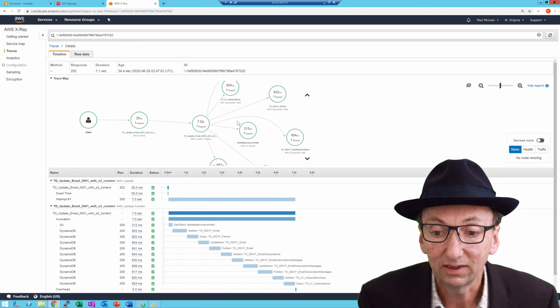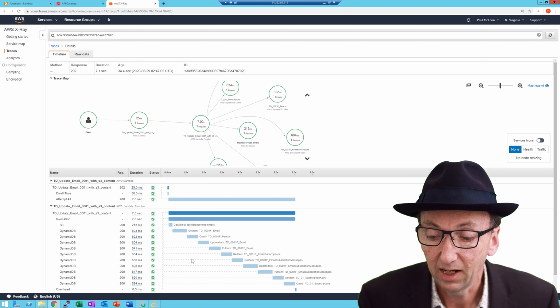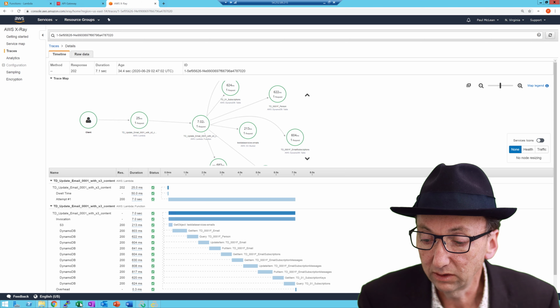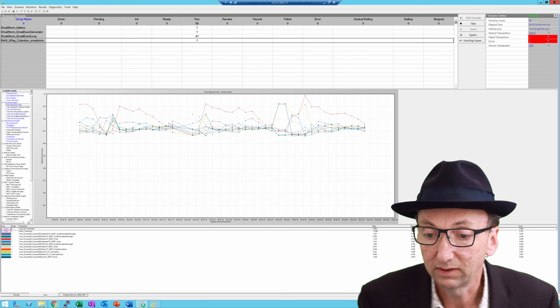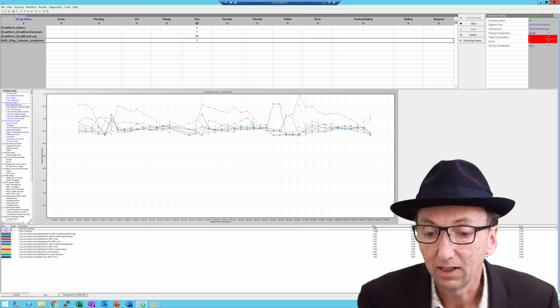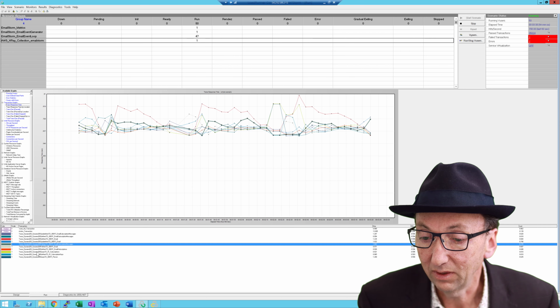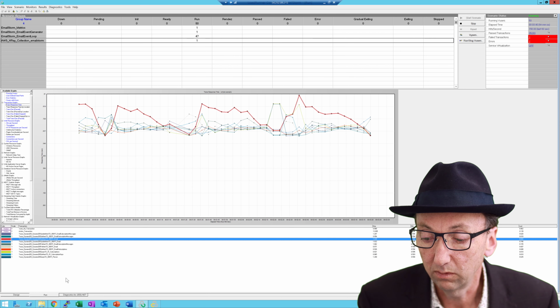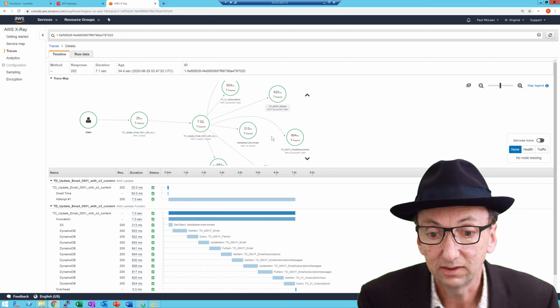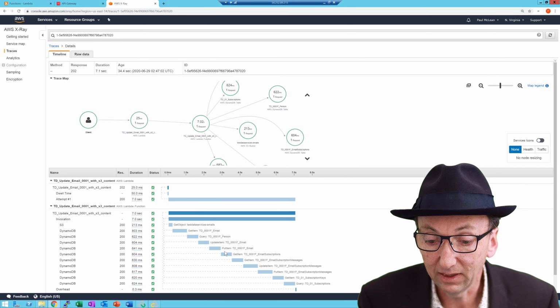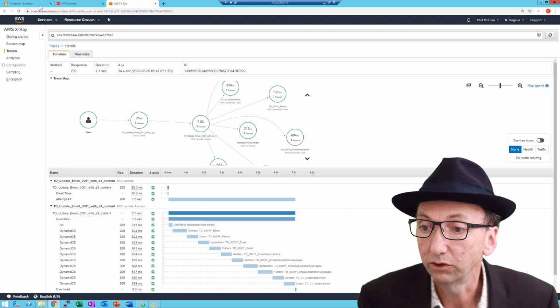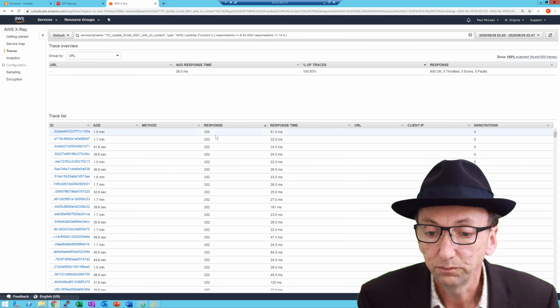So I've got an example here. I've just got a trace, and if we look at the load test that's running, we can see that we're actually getting data in here. This data is exactly coming from X-Ray. It's this same data. In fact, it's actually these segments. So if I was to go back and